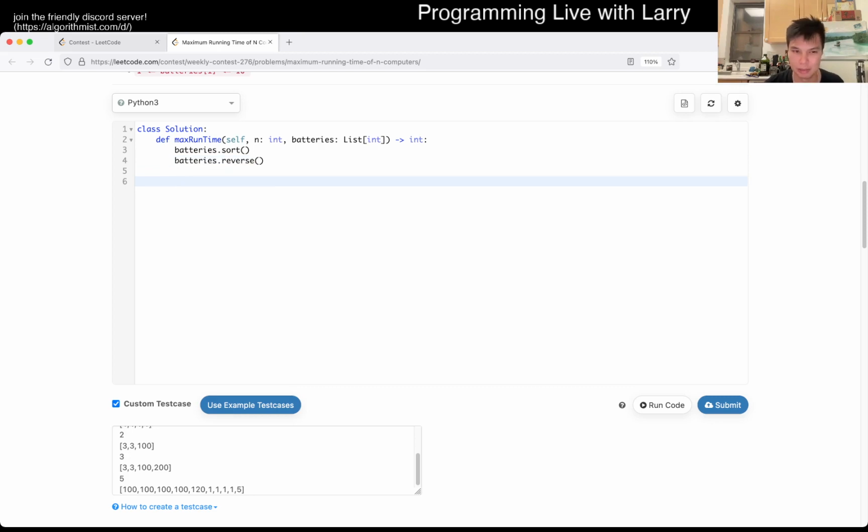I don't know if that's true. But we'll see. And there's a number of machines. So actually what I want is